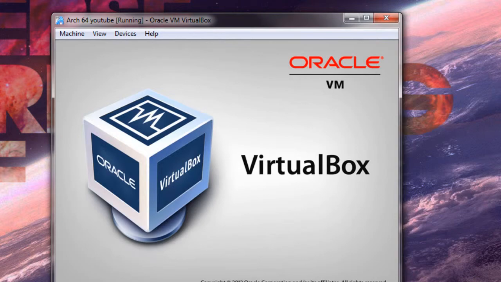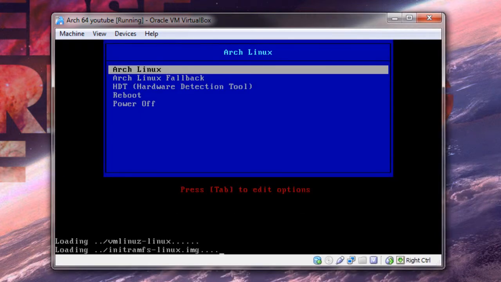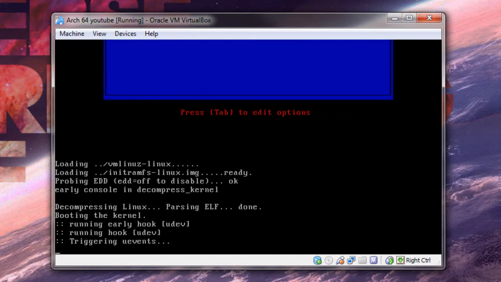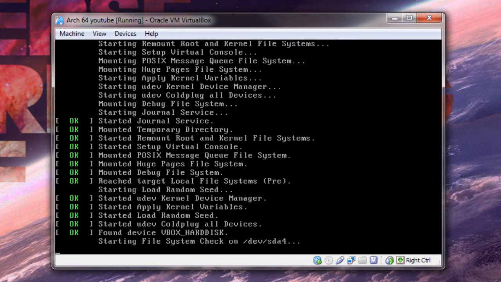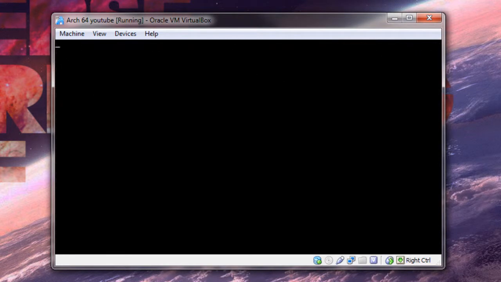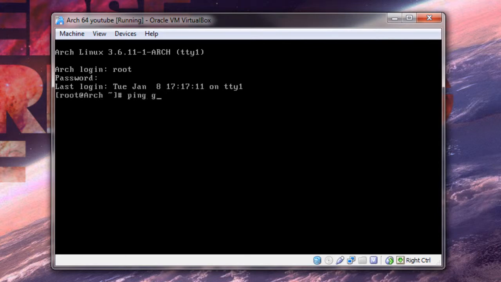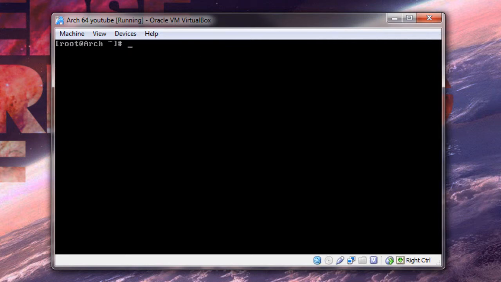So I'm going to reboot here and show you that it doesn't want to work. And then you get this weird graphic glitch, which I think is just associated with VirtualBox and not so much with Arch itself. So if I do this, see, unable to ping. Because systemd is there now, you can just type systemctl enable dhcpcd@ and then whatever port you're using. So it could be eth1, eth0,